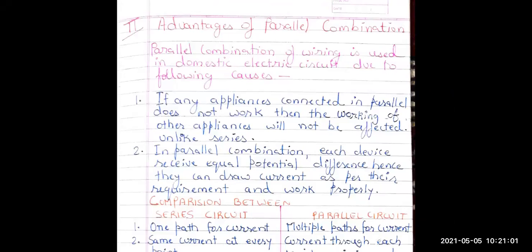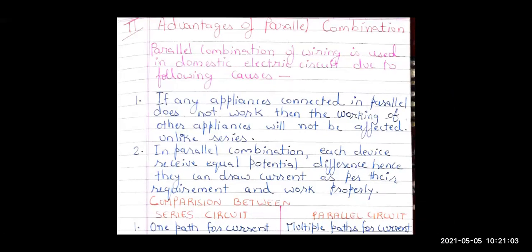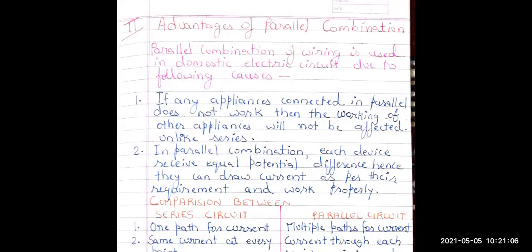Here we are having some advantages of connecting in parallel. See, in the parallel combination, you saw that the resistance value decreased, but in series you simply add, 10 plus 10 plus 10 is 30. But in parallel it is 1 upon 10 plus 1 upon 10 plus 1 upon 10, means 1 upon 10 is 0.1, right? Or the LCM is same, 3 by 10. So when you take the reciprocal, 10 by 3, 10 divided by 3 will be 3.3. So in parallel, when you do that, the resistance value decreases, right?